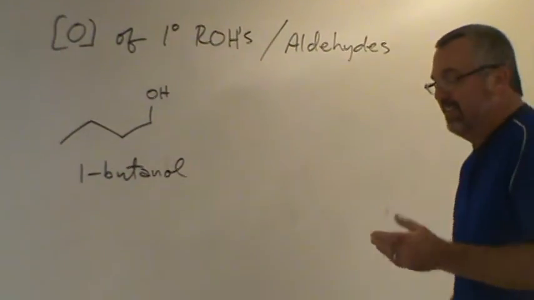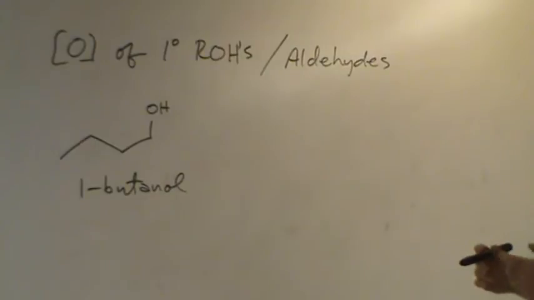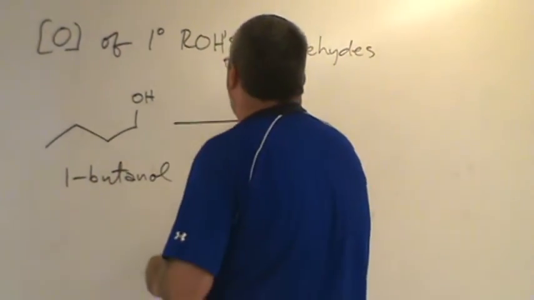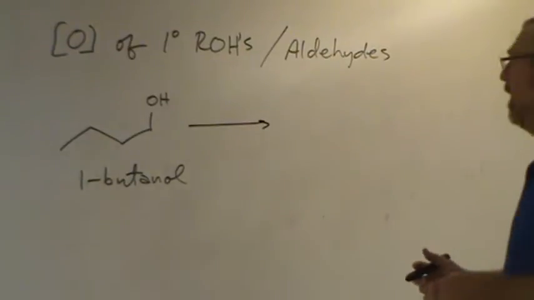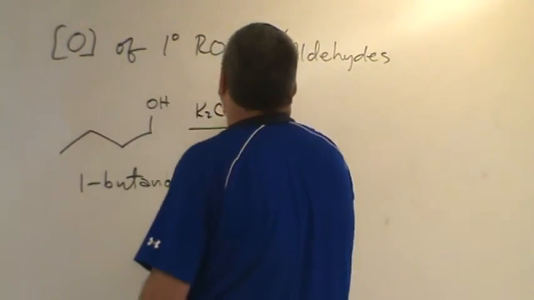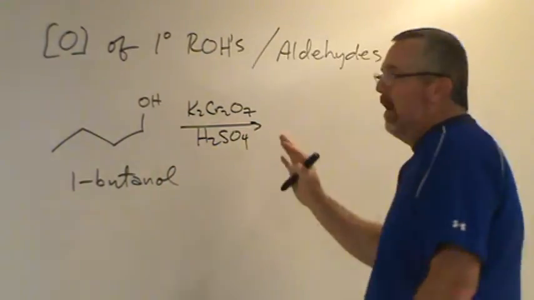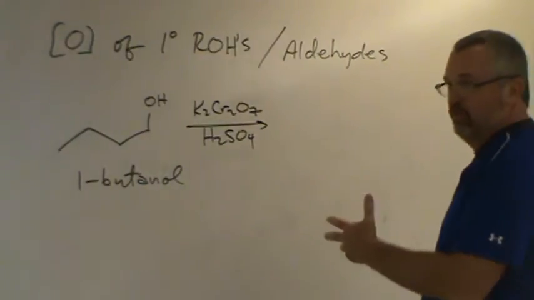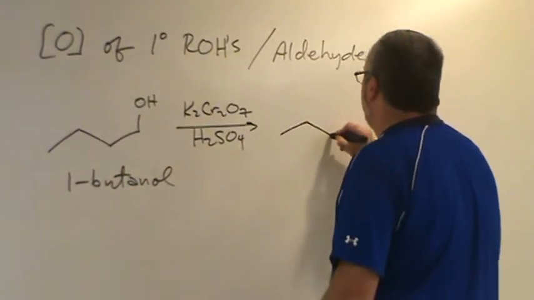1-butanol can be oxidized in a whole bunch of different ways. This is very recent chemistry that we learned. One of those ways is to hit it with a very powerful oxidant like potassium dichromate in the presence of sulfuric acid. This is a powerful oxidant, and what will happen, as we've recently discussed, is that the 1-butanol will initially be